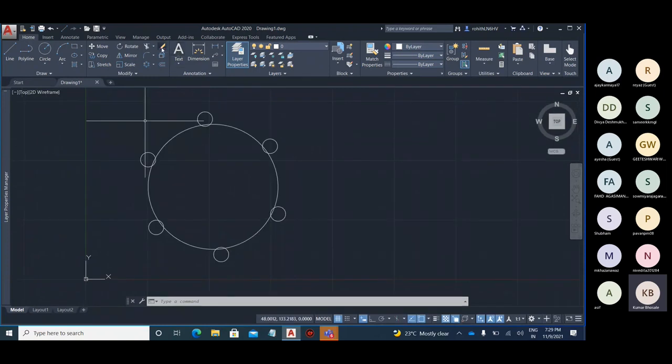Erase is completely like your delete. So if I click on erase, I can directly erase the objects. Now why is this erasing together? Because the polar array, yes,